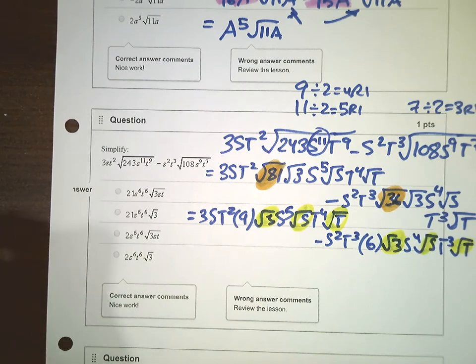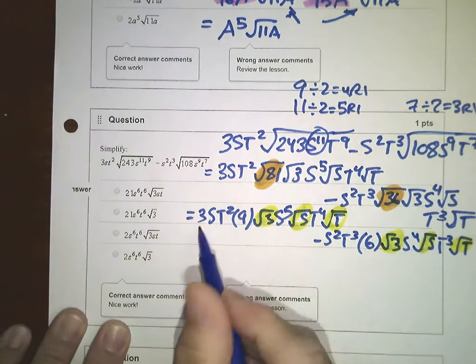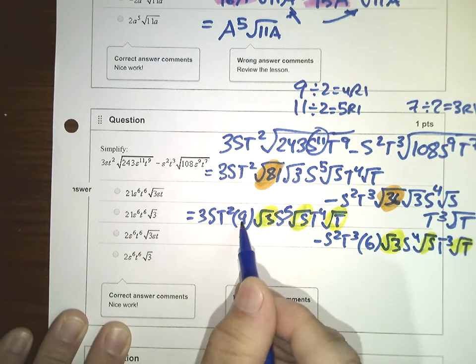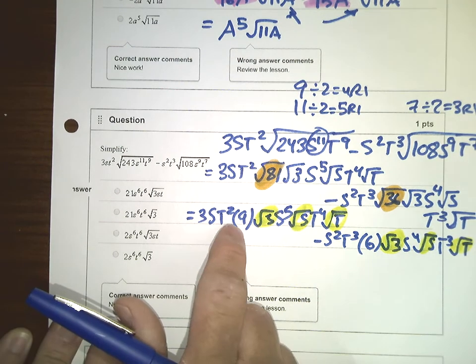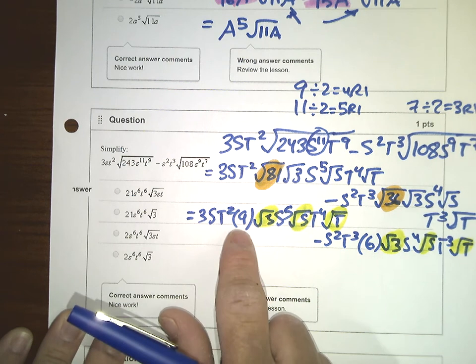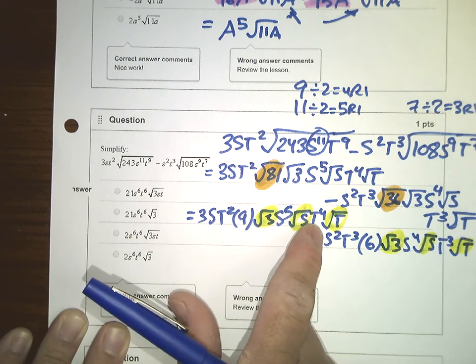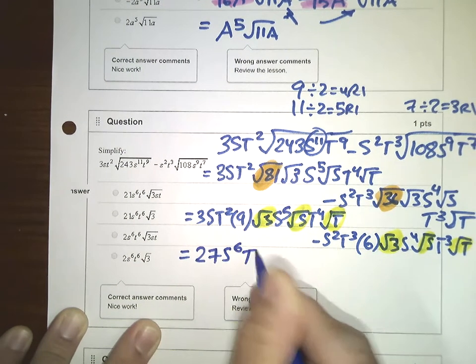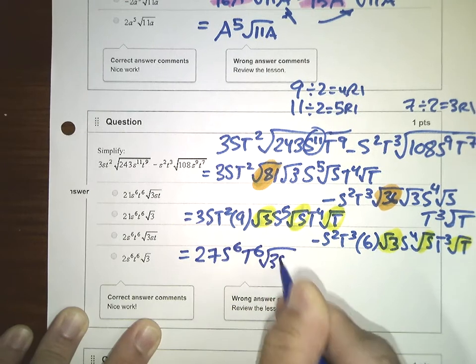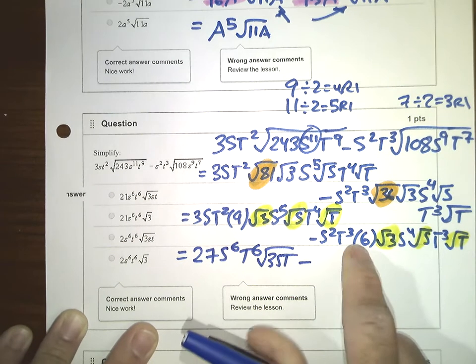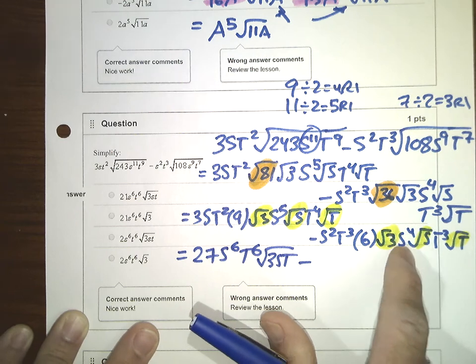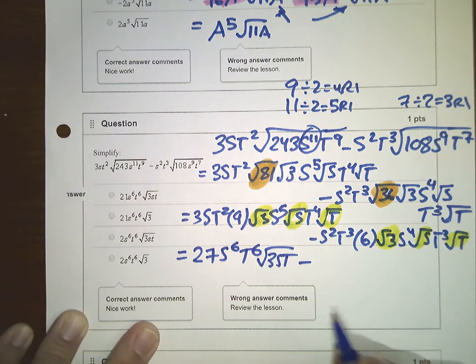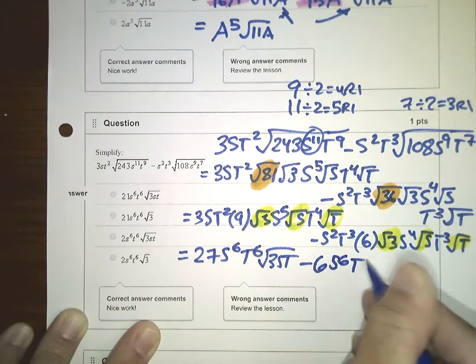So now I just go ahead and I am going to simplify this here. So let's do that today. All right. So s times 3t squared times 9 is 27st squared times s to the 5th, so that's 27s to the 6th t squared, then times t to the 4th will give us 27s to the 6th, t to the 6th square root of 3st, minus, and then s squared times t to the 3rd times 6 times s to the 4th times t to the 3rd will just be the 6 s to the 6 t to the 6 square root of